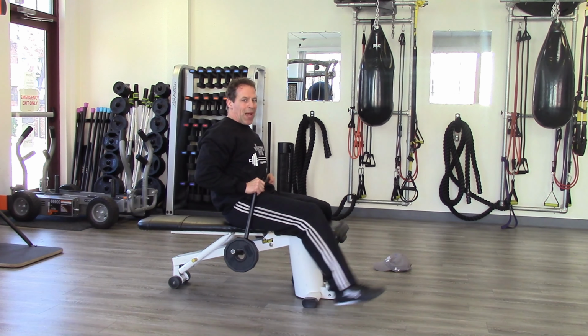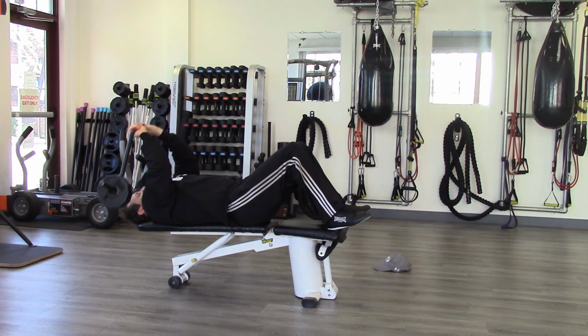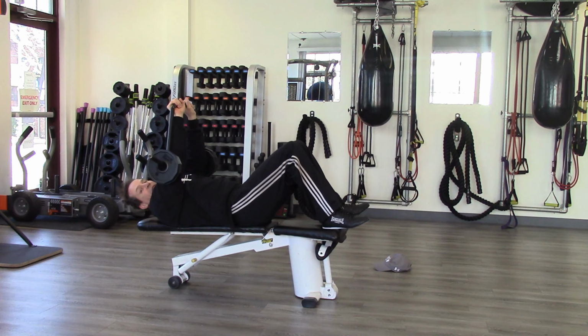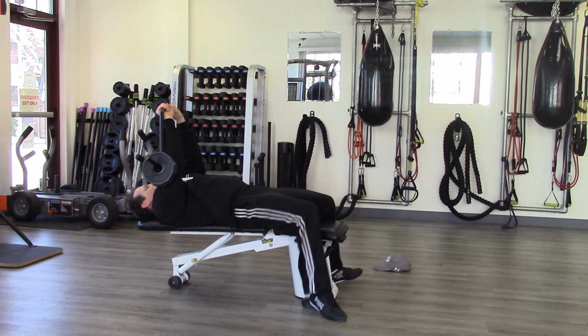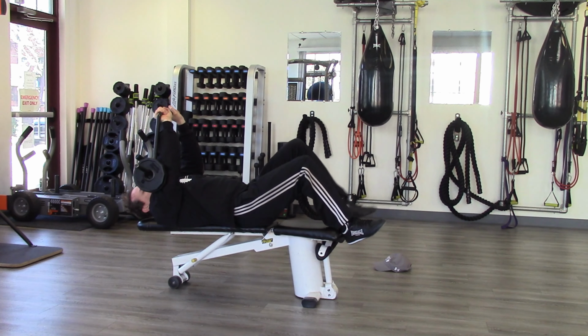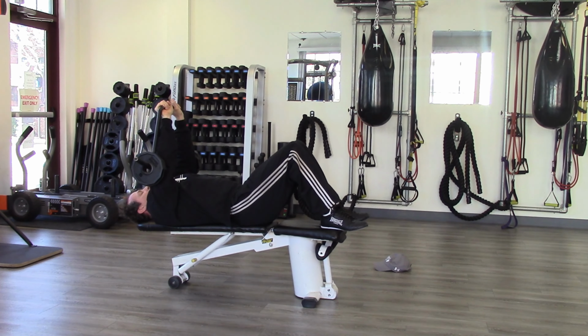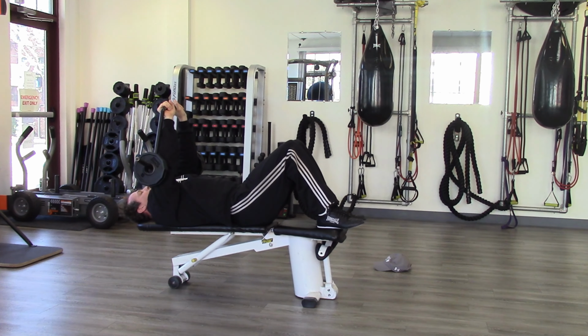Now I'd like to show you the tricep extension on the flat bench. What you want to do is keep your feet off the ground. You don't want to be on the ground, that's just going to hurt your back. So you want to keep your feet up here. You can hook your heels at the edge of the bench here, or you can stand here. I want you to keep your feet off the ground, knees bent, and then we're going to bring the bar